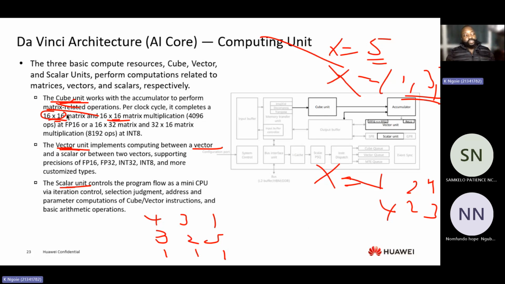So this is what it does. Now when we have a 16 by 16, these chips will come with, for example, FP16. When you look at the capacity, they tell you the vector units of the chip that you are buying is FP16. What FP16 means is that it can go up to 16 bits, so it can deal with 16 by 16 matrix. That's some technical information